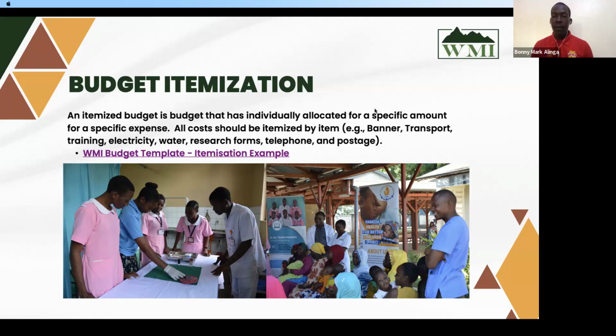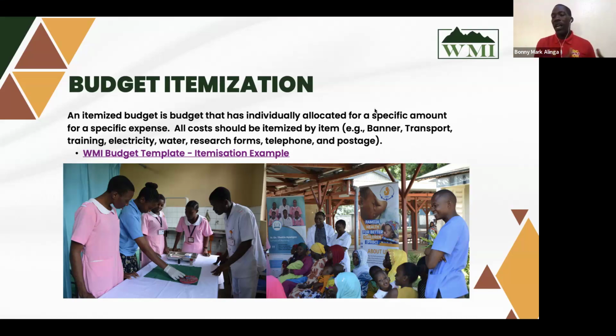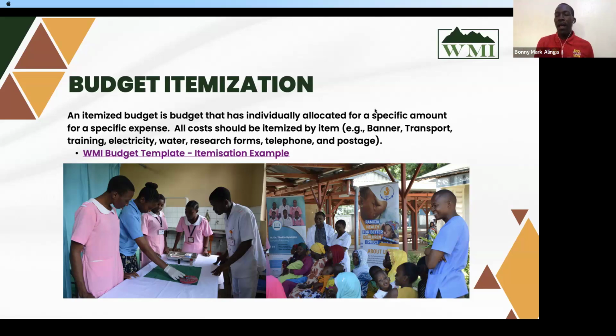When do I need the banners, because all these items will be coming at different levels? Perhaps you need the posters to do the marketing. You need the banners for the actual training sessions. You need a backdrop for something else. You need the agenda for that very specific day. The agenda is perhaps not needed as early as the posters, and the pens will not be needed as early as other materials may be required. So let's get into the